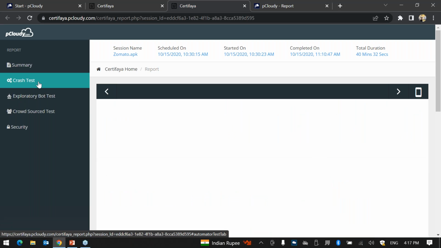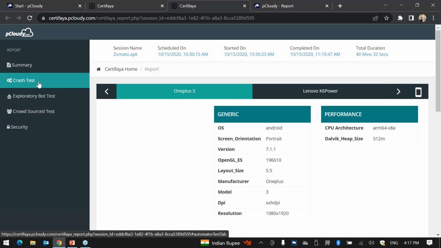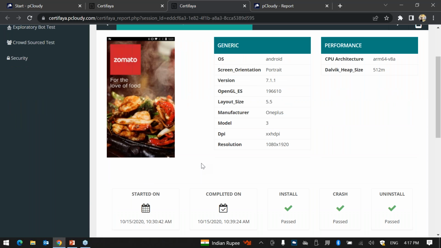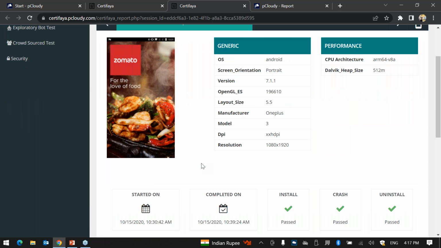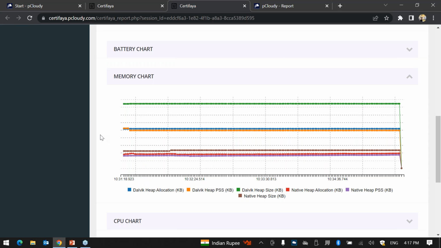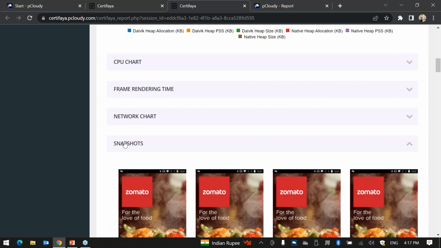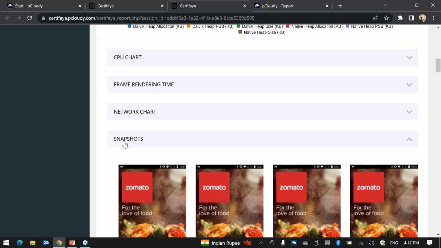As I said, this is a quick summary. There are two different bots. One bot does the crash test, which installs the app on 10 different random devices, performs some monkey testing quickly on the device, clicks here and there and sees if the app crashes, and also captures screenshots for every action that it does. And here you see it captures all the performance metrics along with different parameters like CPU, memory, network, and you can see the snapshots as well. Every action the bot is performing.